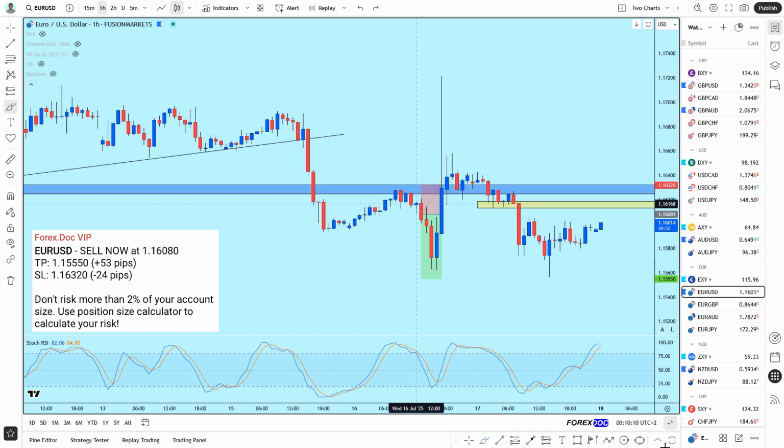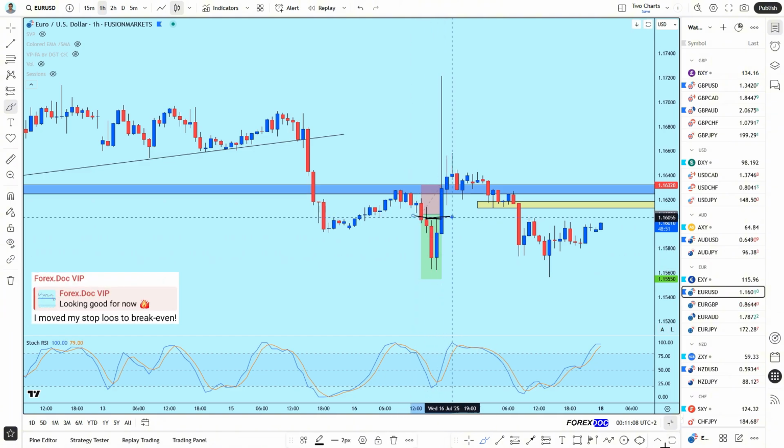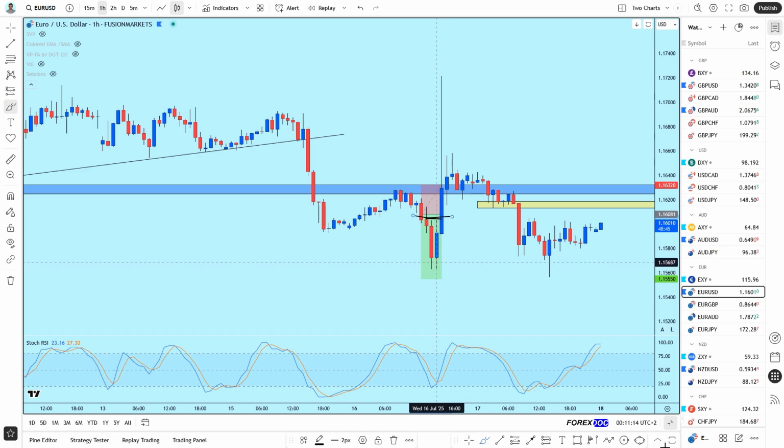Now I should have entered earlier, for example here, and then put stop loss above this zone and aim for a good risk reward ratio, but I decided to enter here, and as we can see price barely missed my take profit. And also we had stochastic RSI sell indication here. I wasn't expecting this announcement, of course, but to protect this trade, I moved stop loss to break even. So this trade didn't end in loss for me, but anyway, it's very unfortunate when price misses your take profit